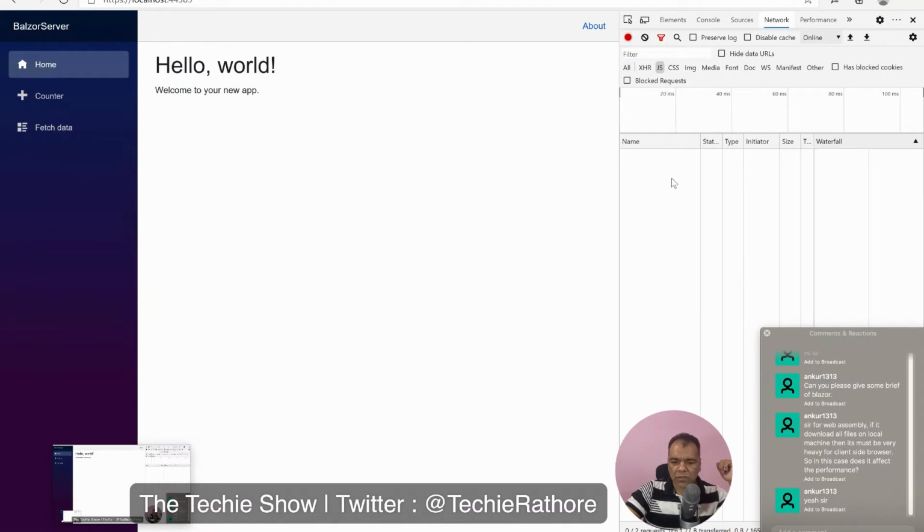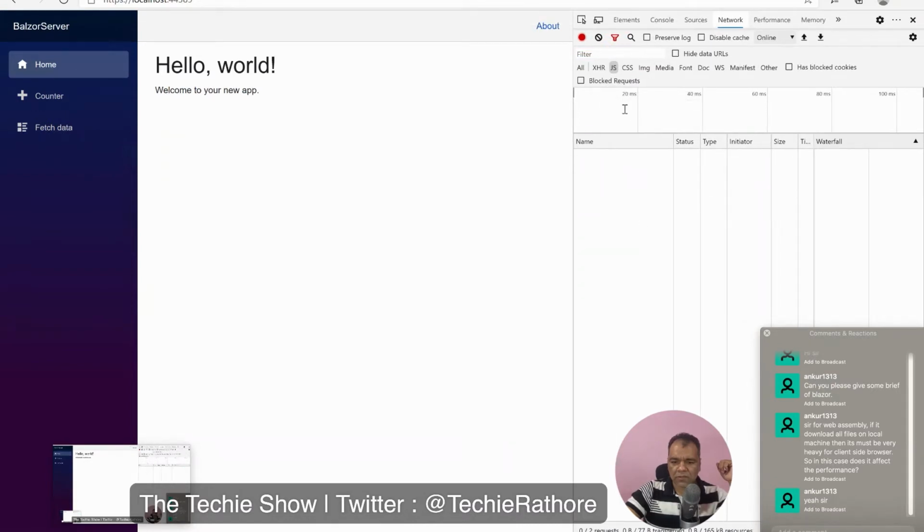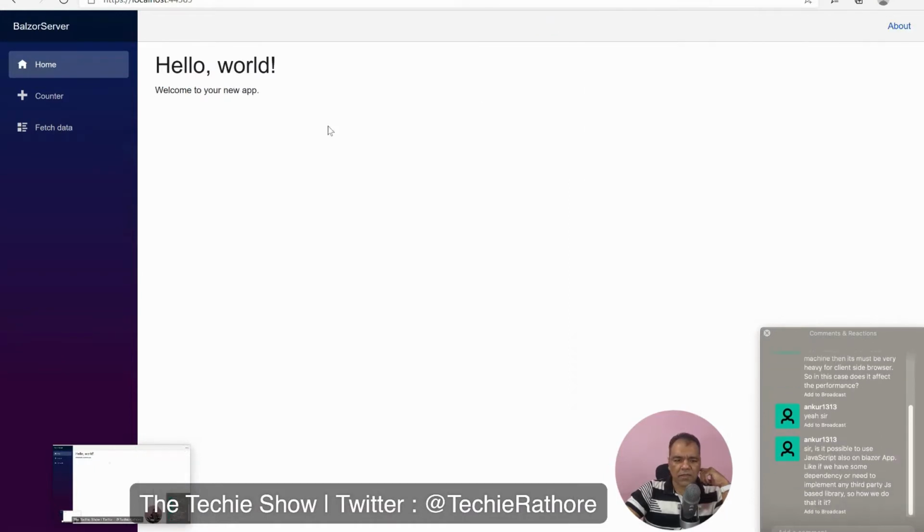When we look for blazor.js or JS, it's not showing anything. Only these style files are downloaded. And if I change it to offline, it will stop working. So basically this is how Blazor server works.